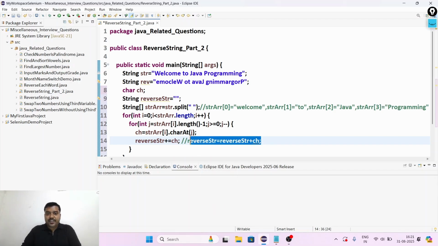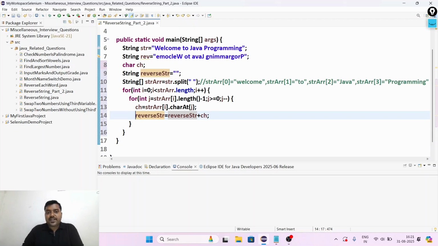So this statement and this statement are the same. Okay, let me remove this. Let me use this statement for now. So reverseStr plus ch, and once it gets into the reverse string,